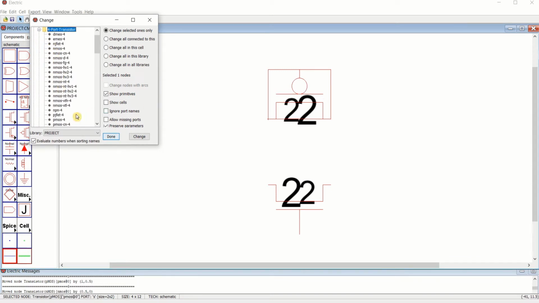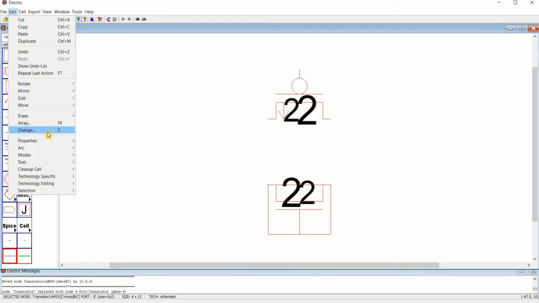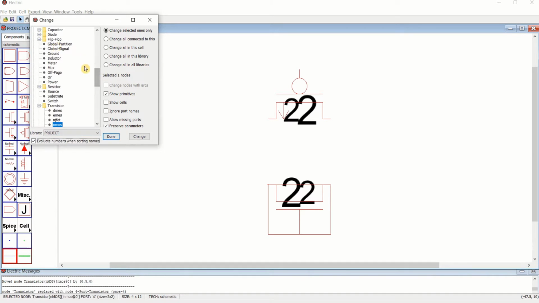Since this is a PMOS, use the PMOS 4. Same for the NMOS. Change to NMOS 4 here. Change it, done.